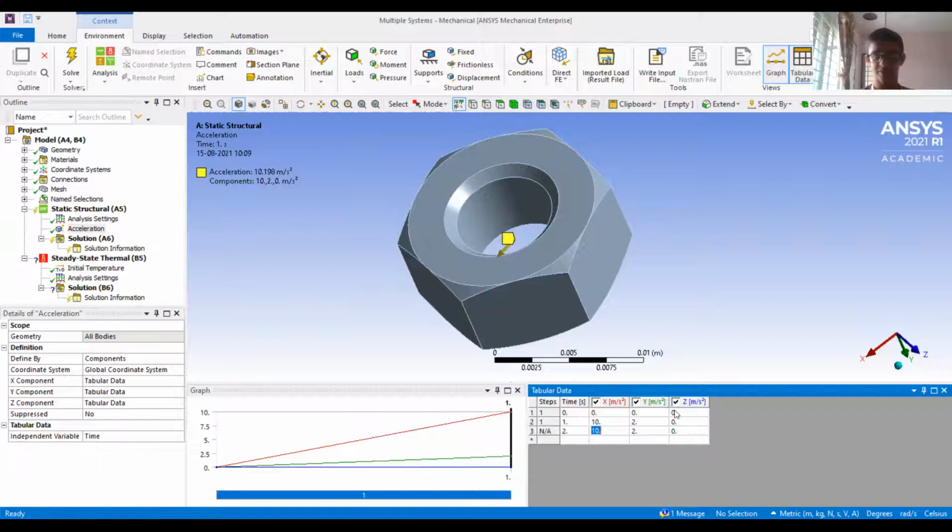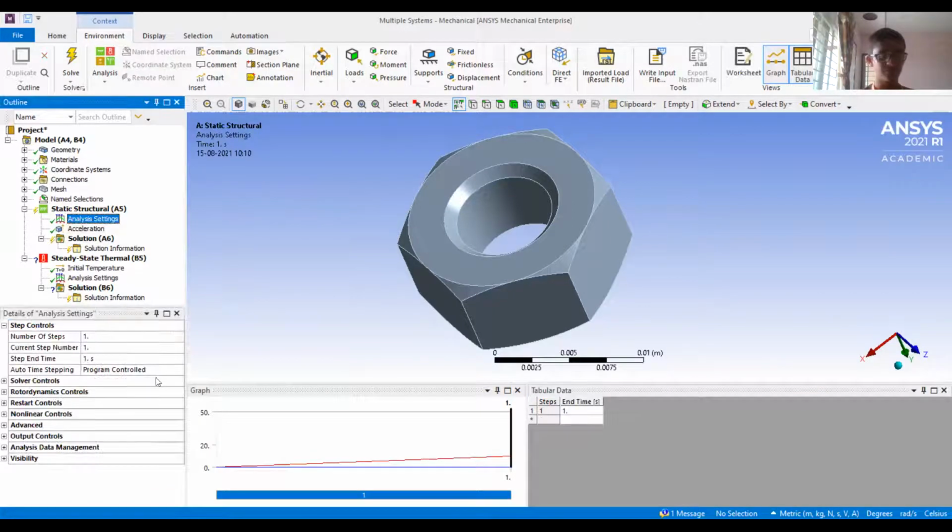So at time 0, I can have 0. At time 2, I can make X equal to 10, Y still 0, Z still 0. In the next time step, I can change and introduce Y, and Z can still be 0. Then in the third, I can change the Z component and bring it to 50. So now I have changed the individual components in one time step per time. That's the activity you can do. That is the non-linearity which you have introduced.